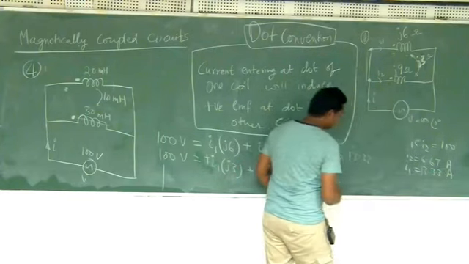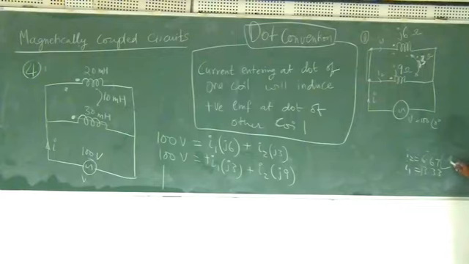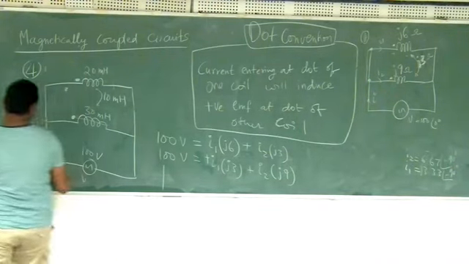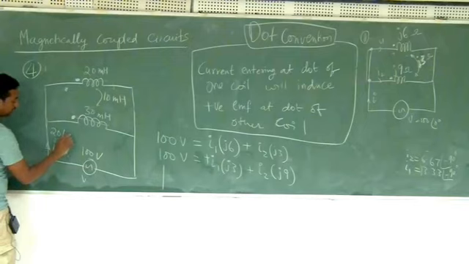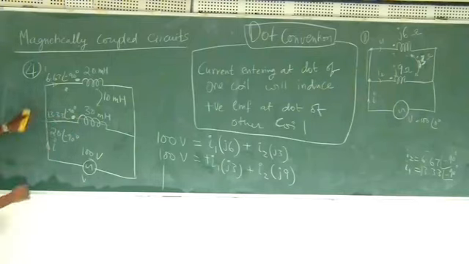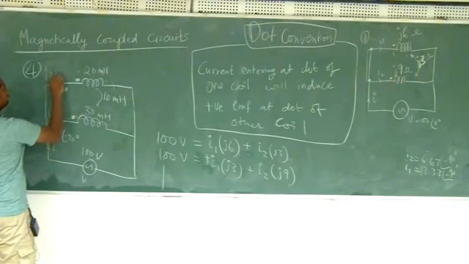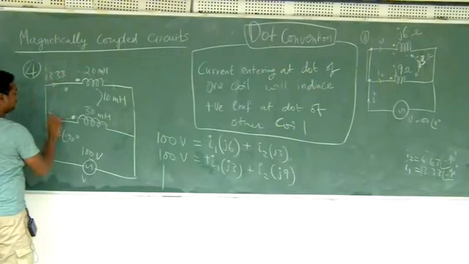But what is our actual final answer? This will be minus 90 degrees. This will also be minus 90 degrees because it is with respect to the voltage. So this total will be 20. I'll write the answer here: 20 at minus 90 degrees. This will be 6.67 at minus 90 degrees, and this will be 13.33 at minus 90 degrees. Is that correct? Oh sorry, it's the other way: 13.33 here, and then 6.67 here.